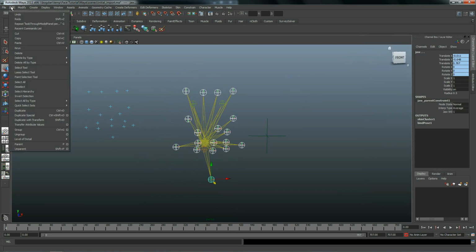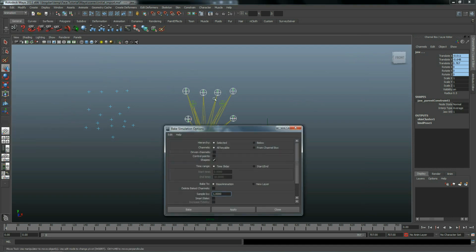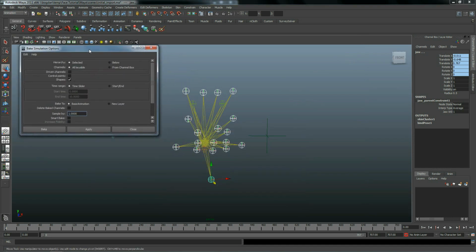Choose Bake Simulation with default settings. Click on the option From Channel Box and select the Translate attributes via the channel box. Initiate the bake process by clicking Apply.